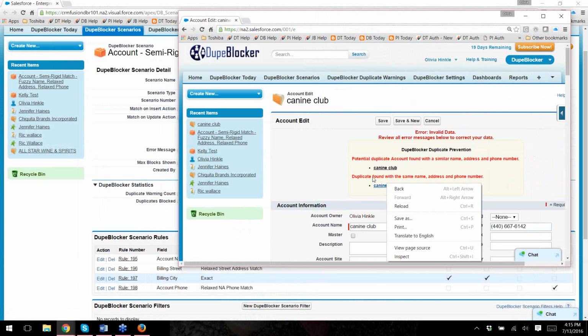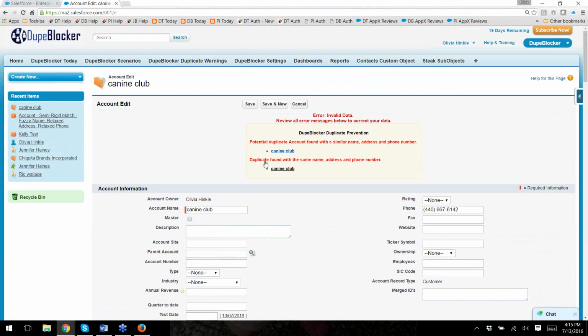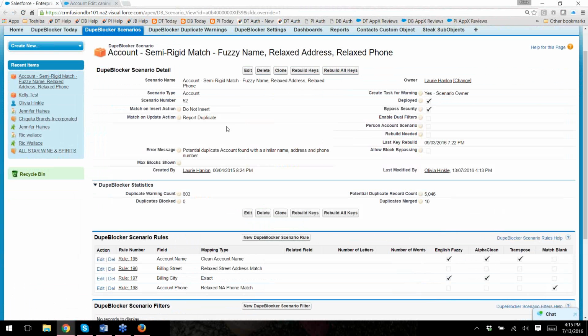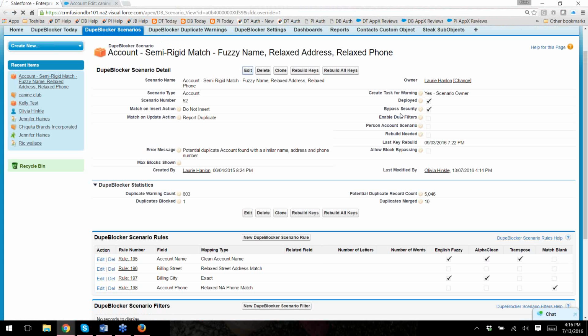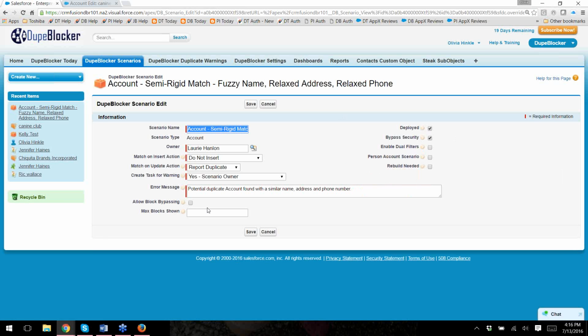By right-clicking and opening in a new page, though, you can find that out. But the way the blocks work is they give you that error message that you put in your scenario, and then however many records there are, it will show you the links to them. So you can't actually save this record. You have to work with one of the ones that are in there, which is why we call it a blocking action. Now, if I had allow block bypassing turned on,